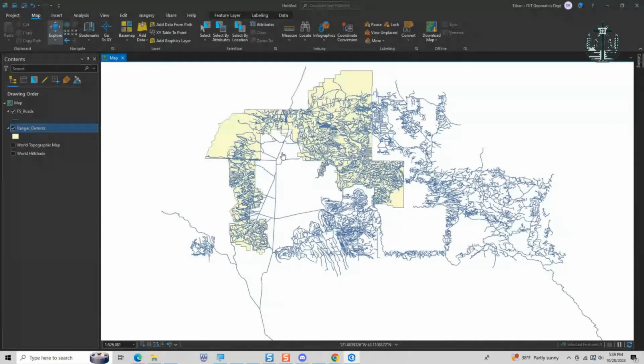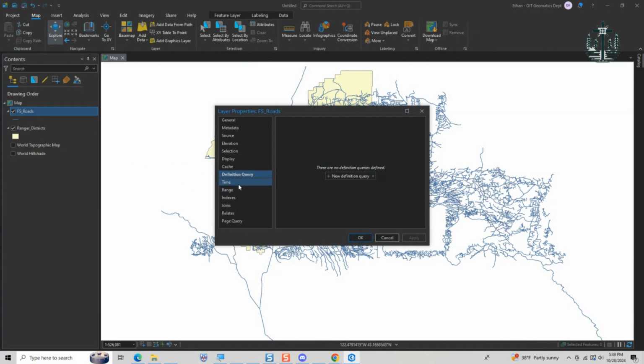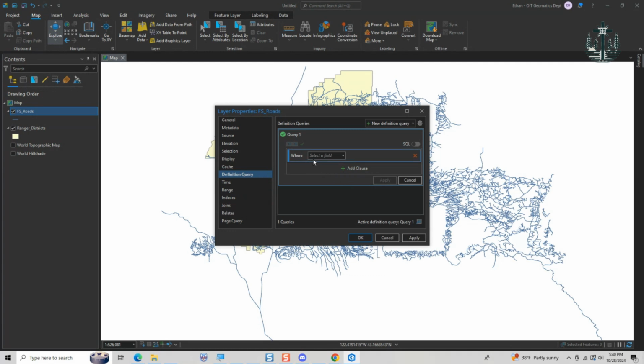So open roads for the Forest Service are operational maintenance level 2 and above. So now I've got to do another definition query. So I'll go to FS Roads, double click it, definition query, where operate